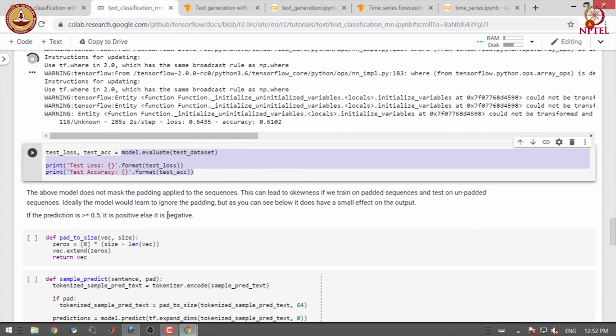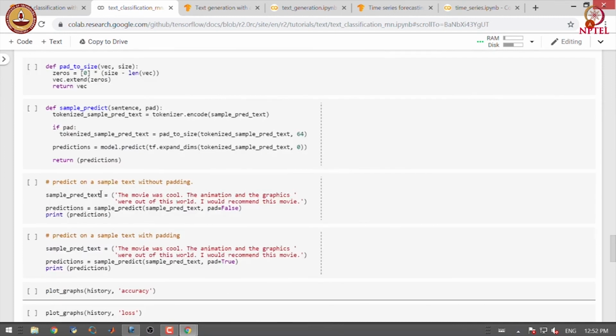If the prediction has probability greater than 0.5, we mark it as a positive review, otherwise we mark it as a negative review. We will also check out how the model performance is affected when we give sample text without padding and with padding.